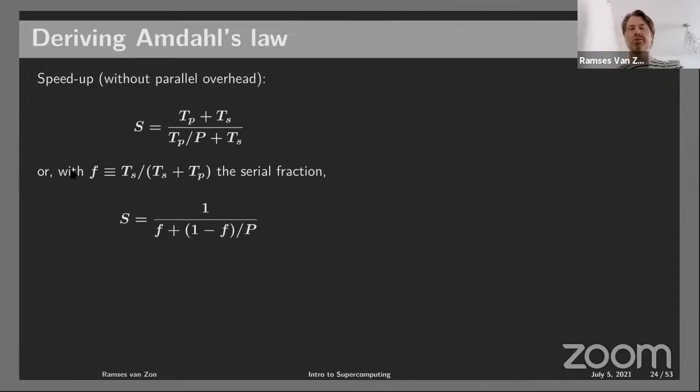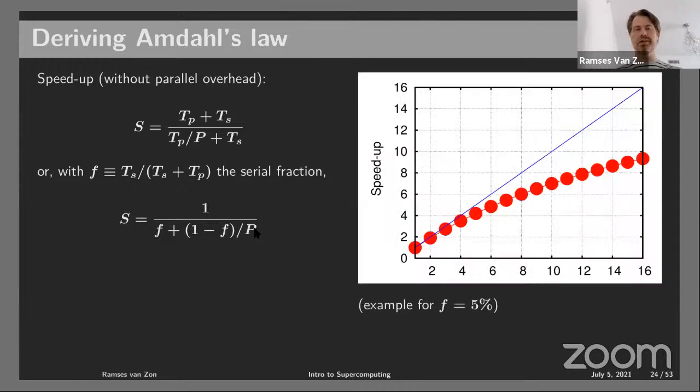So expressed in terms of F, you get this fairly compact formula, which is actually called Amdahl's law. So the speed up is 1 over F plus (1 minus F) over P. So the serial fraction stands here. This is the parallel fraction, and it gets slashed by a factor of P. And it really is insightful just to plot this as a function of P for, say, a fairly small fraction. Say 5% of the time is spent in computing this reduction, and the rest is all parallelizable.